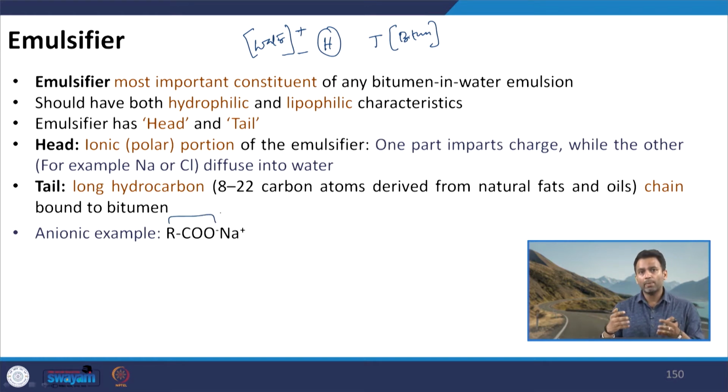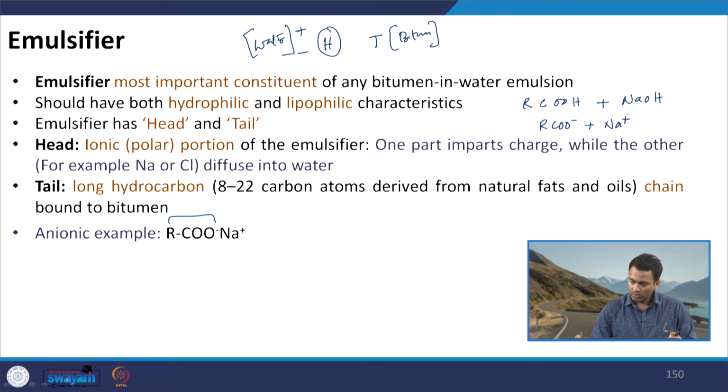So, they can be supplied in neutral form. So, we can have RCOOH, and it is reacted with a base which is NaOH. So, they will finally produce RCOO minus plus Na plus. This Na plus will be the part of the head which will be diffused in water,